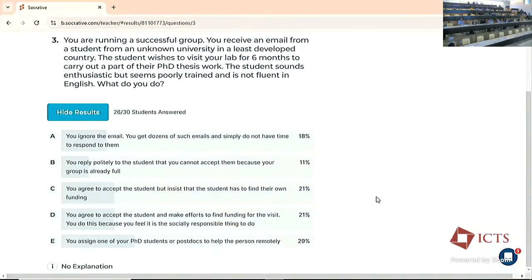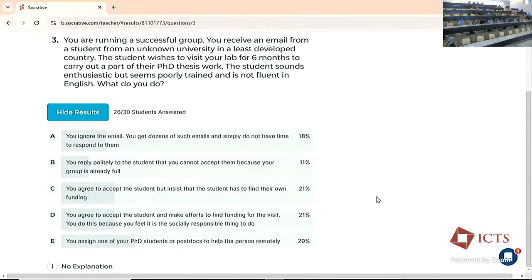I have been teaching a lot in Africa, so I get a lot of letters from students from Africa. But then, for example, people have scolded me for that, saying there are so many students in India who need help, and why are you going and helping students in Africa? I don't know. I guess I'm more likely to respond if there's someone I've met, or if I've taught them at some workshop, or their advisor is someone I know. If there's some kind of personal connection, I'm more likely to reply.